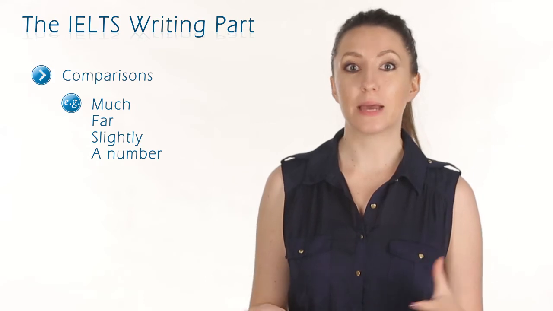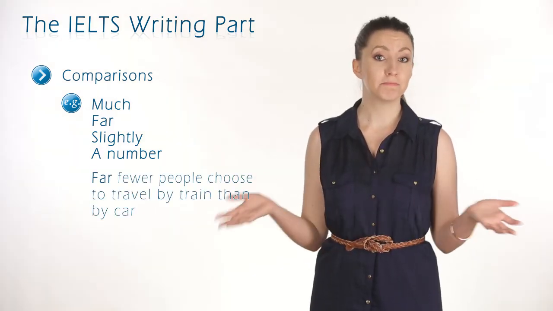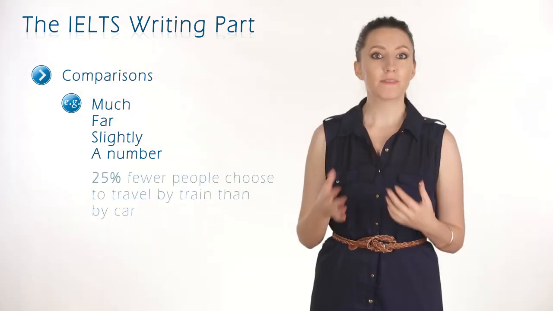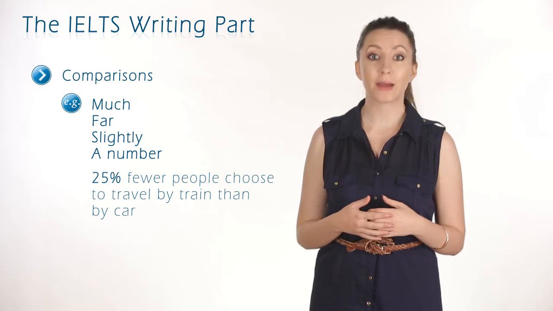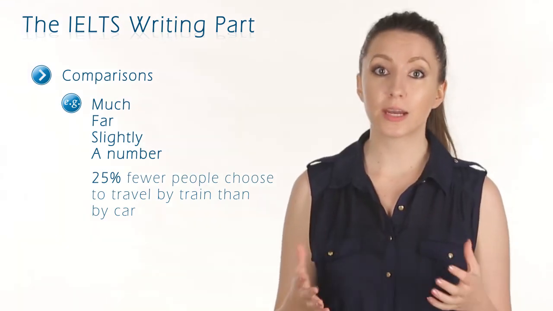Now let's look at an example. Far fewer people choose to travel by train than by car. Where's the detail? Let's have a look at an example with detail. 25% fewer people choose to travel by train than by car. It's a lot better now that we've added detail, and you're going to get a higher score if you choose